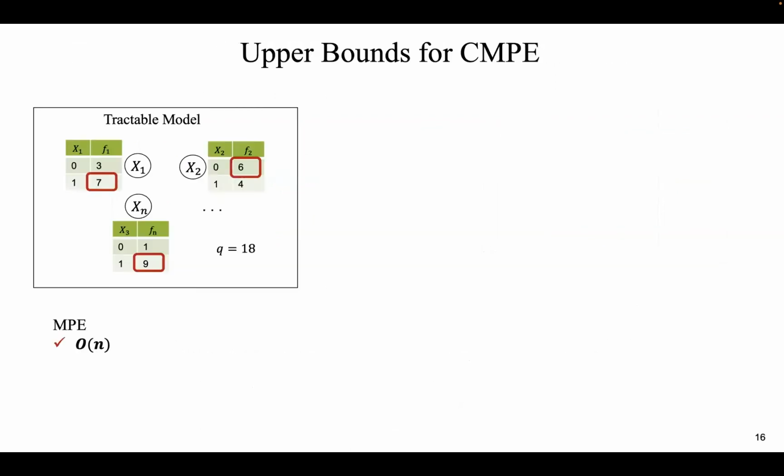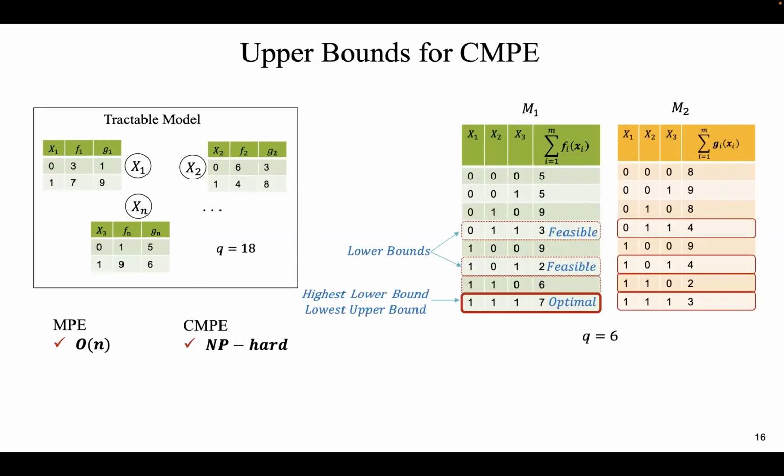So we also come up with algorithms for computing upper bounds on CMPE, and I'm not going to go over the details of this algorithm for lack of time, but the idea in these algorithms is to use MPE and MCKP solvers to come up with near optimal solutions, right? So instead of computing lower bounds, which our previous method computes, these new methods compute upper bounds, which are as close as possible to the optimal value.